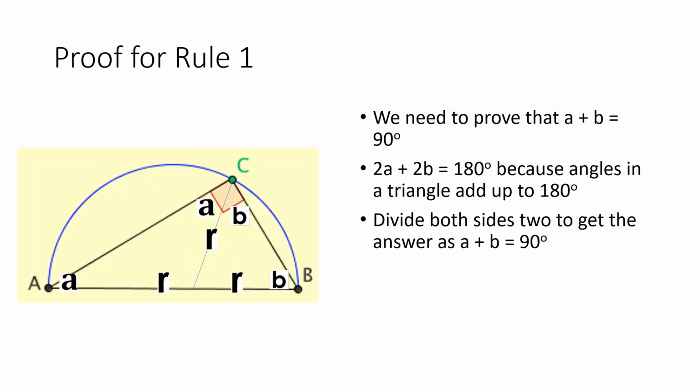So now we'll be looking at the proof for rule 1. Most circle theorems need a proof, so this one we'll be looking at needs a proof. We need to prove that A plus B is 90 degrees. Here I've labeled some of the angles. So we can see AB at the top, which